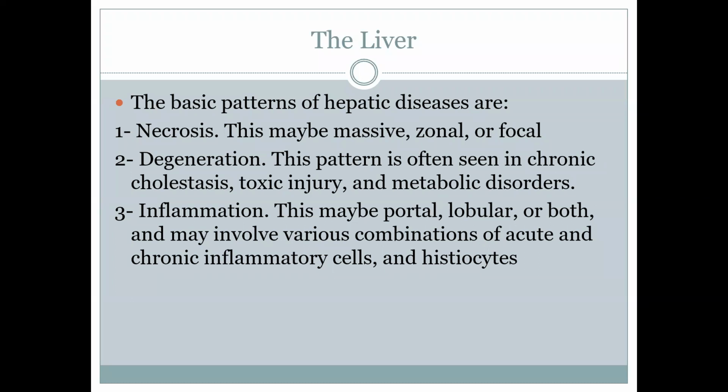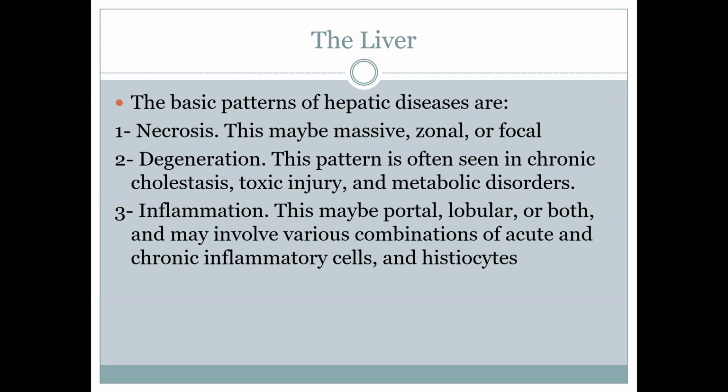Degeneration may happen as a result, for example, of the accumulation of certain substances in the liver, such as glycogen, such as intermediate filaments of keratin. It could be degeneration that is not in the form of ballooning degeneration, which is the two examples that I just gave you, but simply degeneration that will result in cell death. And that could happen from many causes, including alcohol, that is going to have a toxic effect